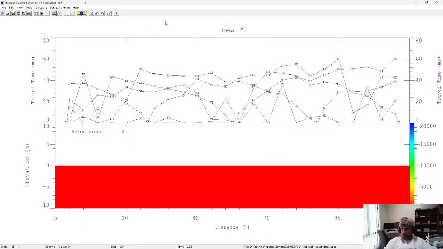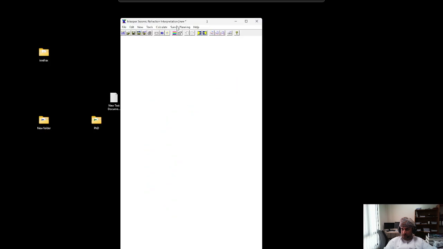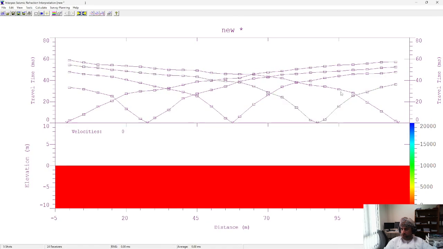Click OK. Let's refresh this one. I just drag it. Yeah, that's perfect. This is very nice. This is interesting. So let's do one thing. Let's build a model, and we need to provide an estimate, an initial model, and the software itself will start